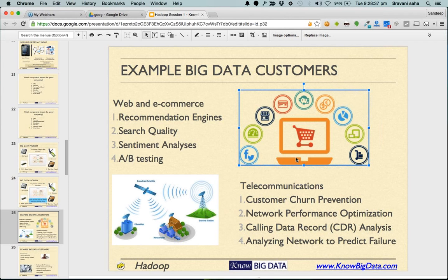Now the second class of problem is analytics. That's a nice to have and a great thing to have. When you have big data, the analytics is better, because the average of too many numbers is always better than the average of few numbers. So the law of large numbers very much applies to big data.